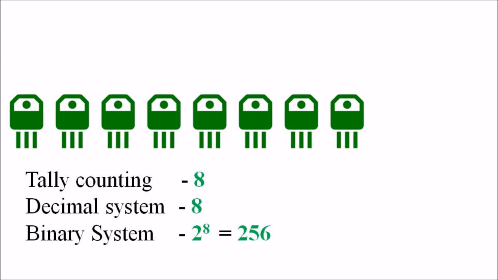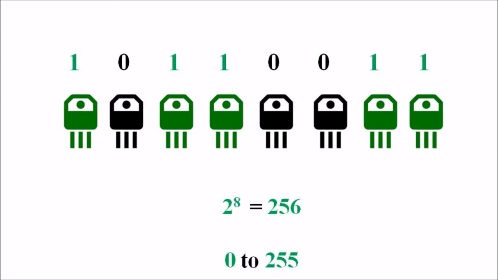For example, if we want to represent the information 10110011, the transistor configuration will be: for 1, the first transistor will be in the on condition. For the 0, the transistor will be in the off condition. For another one, the transistor will be on. For the next one, the transistor is on. And for the zeros, the transistor will be in the off condition. So by configuring in this manner, we can represent up to 256 different pieces of information by using these 8 transistors. So this is the advantage of using the binary number system in modern computer technology.